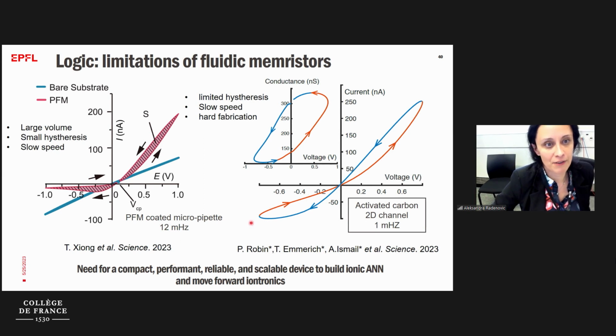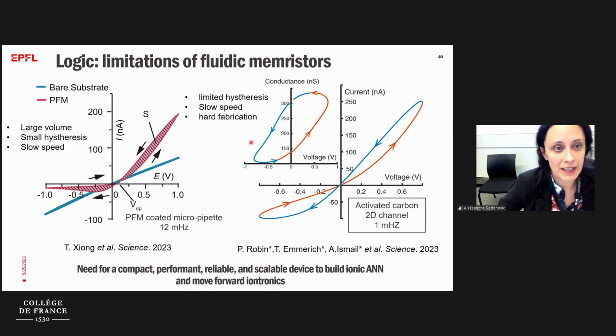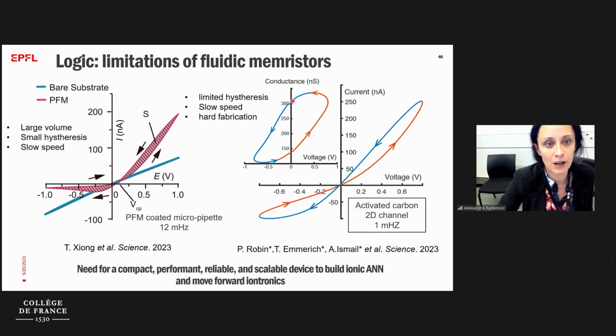It is very difficult to scale up nanopipettes, and also to build circuits of many of those systems working together, if one relies on nanochannels in slits or nanochannels in activated carbons. In terms of performance, one could also think that one would need to improve the speed and also